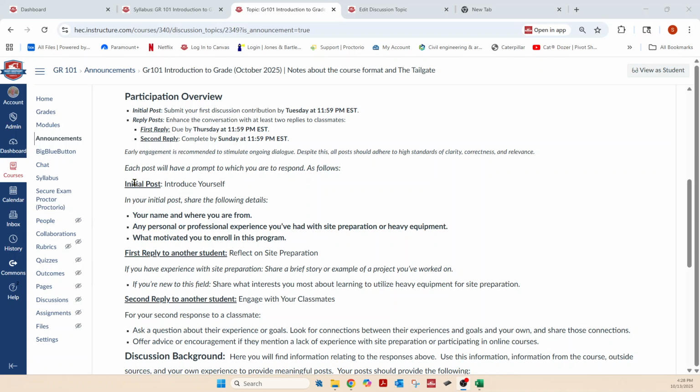I can't go through all of that 300 words and determine, are you responding to my prompts from the initial post, like your name, the personal professional experience? Are you doing that? So you need to label your post and your replies as initial post, and then write all about the response to what I ask you to, these prompts in here.